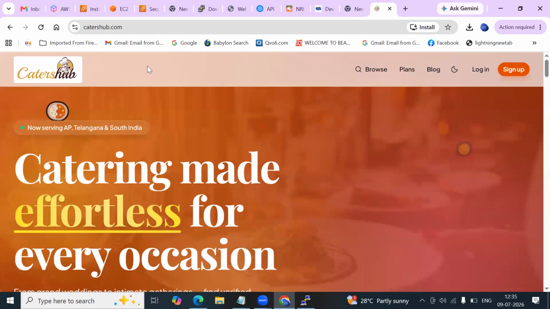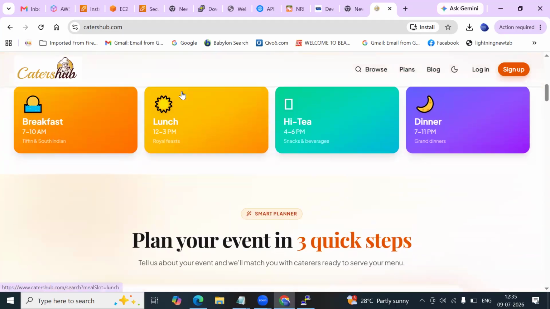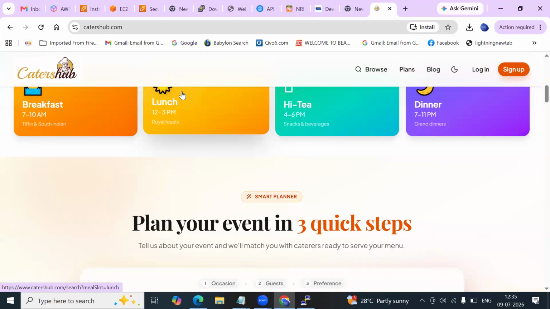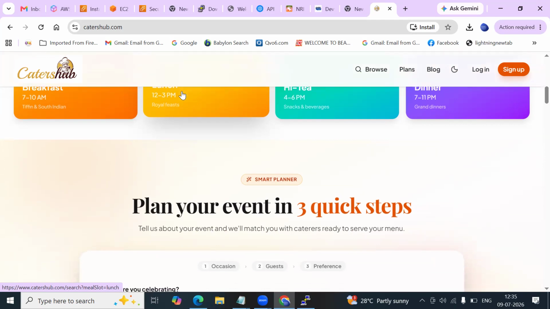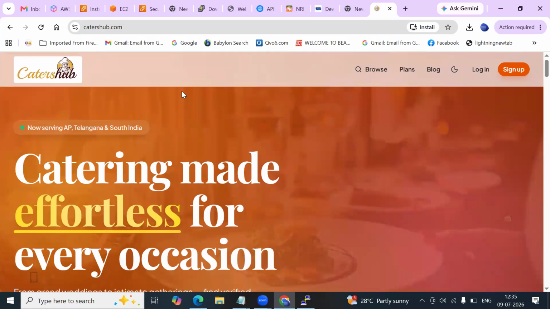Okay, so this is also Cater Sub. This also has been developed within half a day itself. Okay, just like how we can book the orders, all these catering, people can book for the catering. Mobile, Android, iOS, all apps have been developed. Okay, this is also very advanced technology itself. These are very powerful, like software development, deployments, all those agents also we have. Okay, once it is deployed,